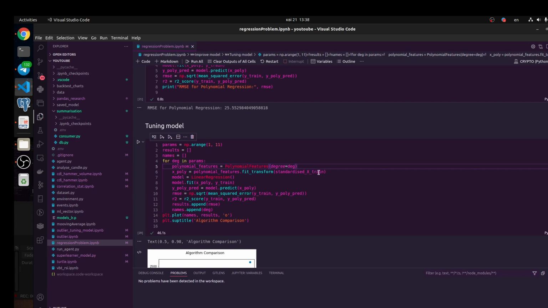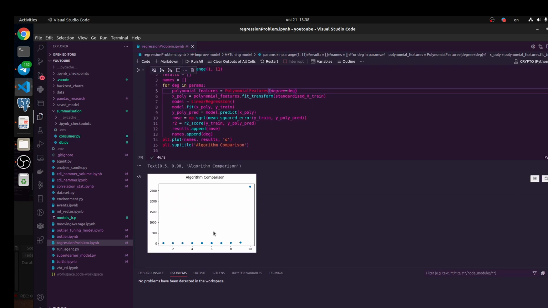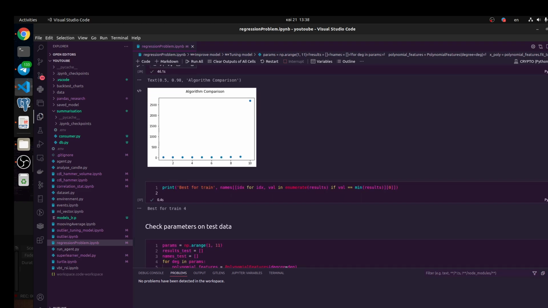Next we need to create our polynomial feature and train our model. And when we do it 10 times, we get 10 results. And you see? So it means when we used 10, our result decreased. But here we have some logic, and we need to find the lowest value here. To do it, what you need to do is run this